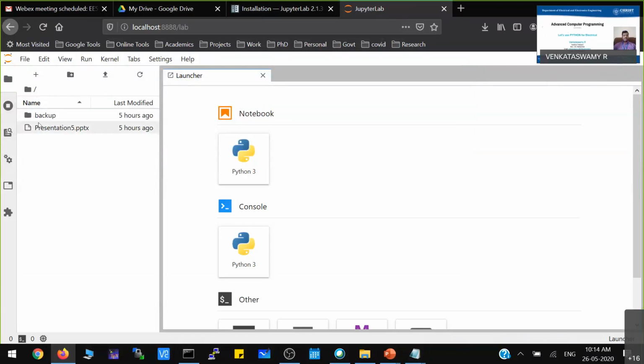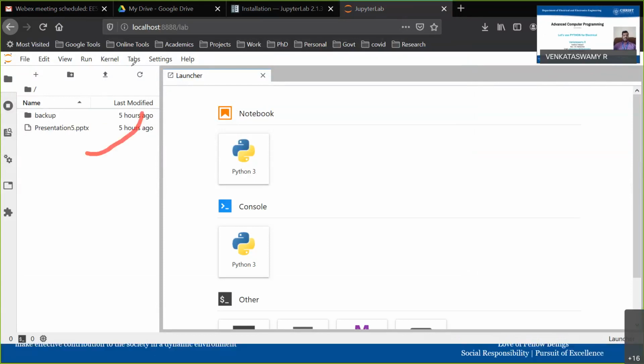This directory is now pointing to whatever we set in that path. You should not land in some default places. You should be able to move to some directory and work there, so that your data persists and you can have a hold on it.